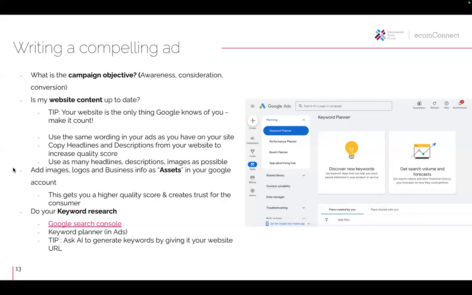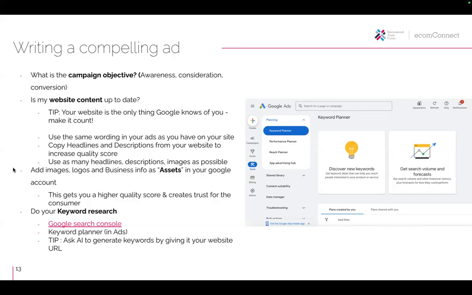My personal advice to you is add as many headlines as possible, add as many descriptions as possible, and add as many logos, images, assets, as they are called, as possible. Google nowadays works primarily with AI as automation.